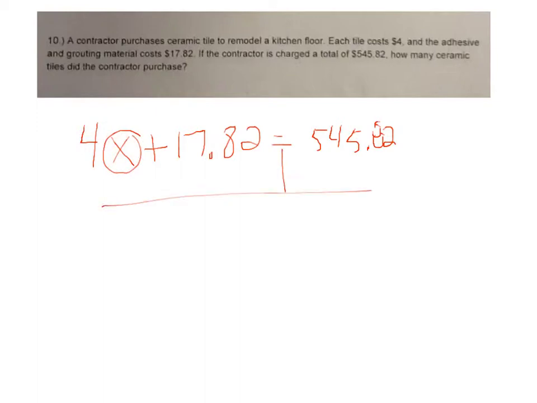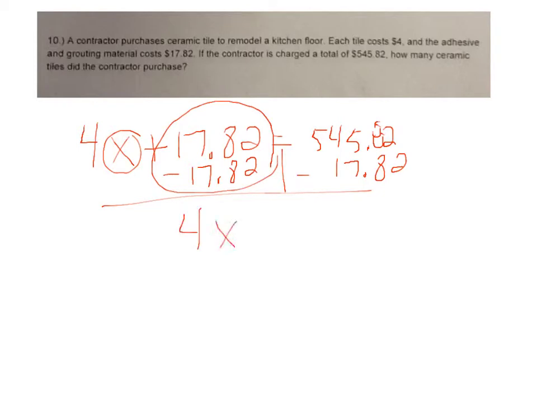So I'm going to subtract 17.82 from each side. On the left, when you put those together, that gives you 0, so you're left with just 4x remaining on the left. On the right, when you subtract those two, we end up getting